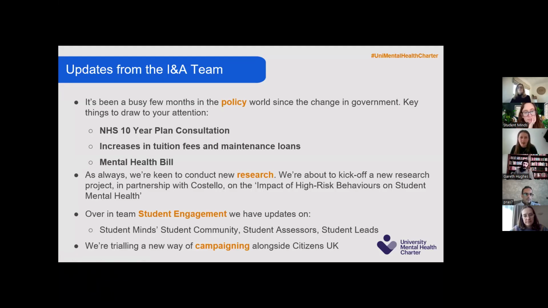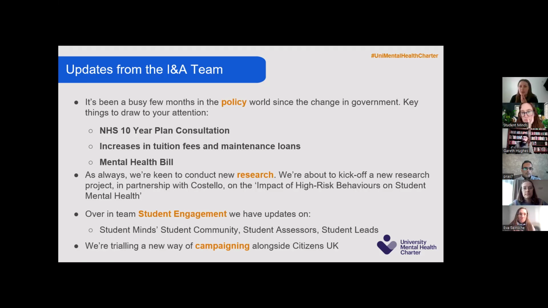We gave this update at the in-person session as well, and got some really useful support and feedback. So we just thought we'd throw this in as a quick update from influencing and advocacy for you all. So as I say, this was our slide from the in-person session, and we haven't had the chance to update it. So excuse the fact it's a tiny bit old, in that the new government is slightly less new than it was when we first put this slide together, although still relatively new.